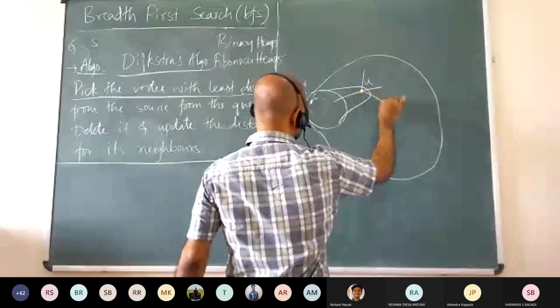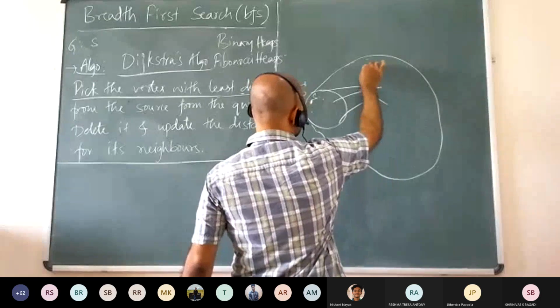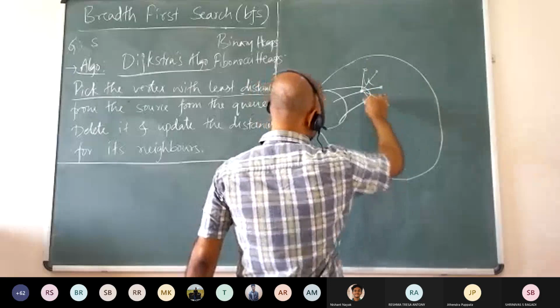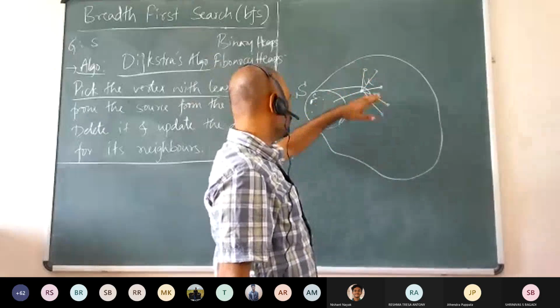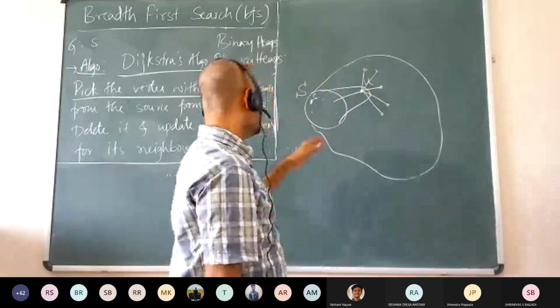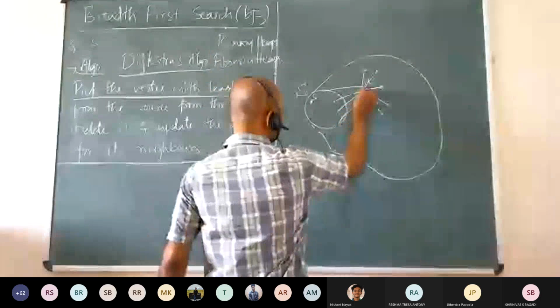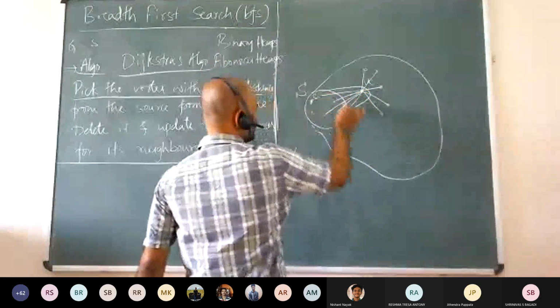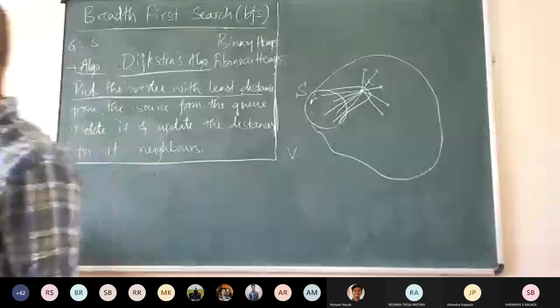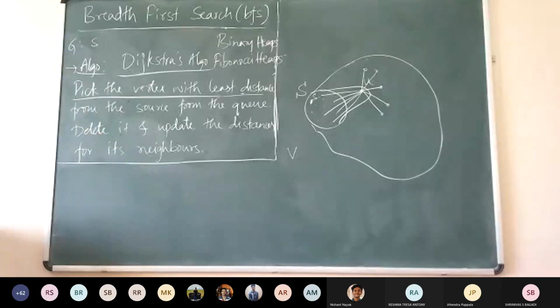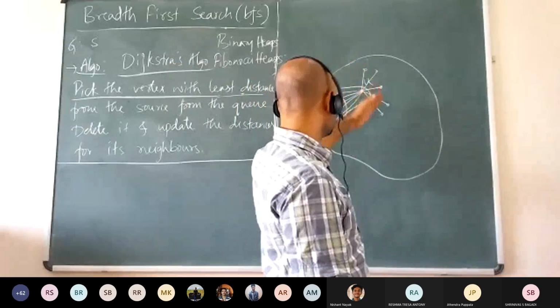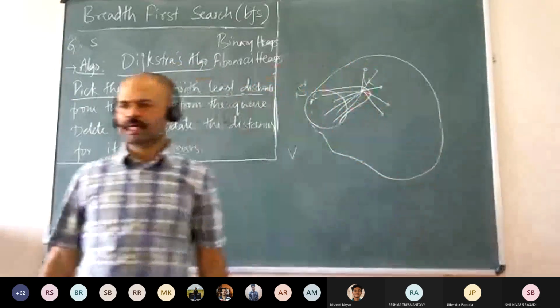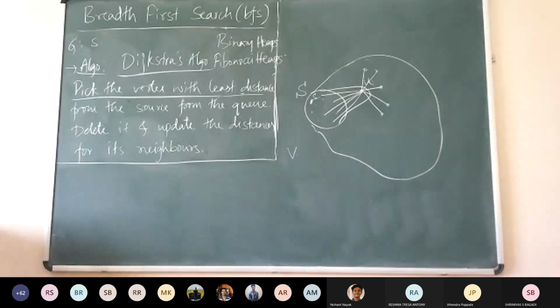Now you need to update the distance for all those vertices which are adjacent to it, and whose distance can be improved. You notice that you don't have to do anything for the neighbors which are already there in S, because the distance for them is already set correctly, so nothing much will change. So you will be only updating those vertices which are not already in S, which are there in V minus S. Okay, so this is what we try to do.